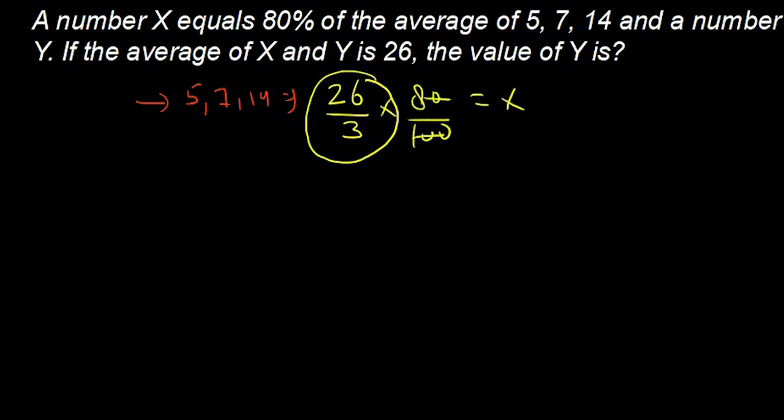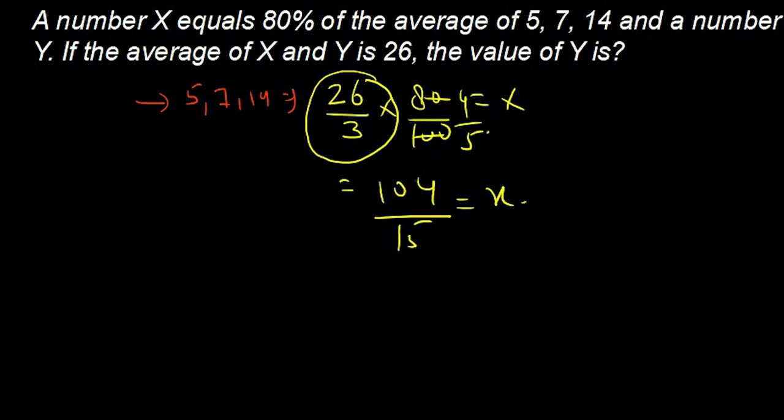So this is 4 by 5. 4 sixes are 24, 4 twos are 8 plus 10, so this is 15, and this equals x. And a number x is equal to 80% of the average of 5, 7, 14, and